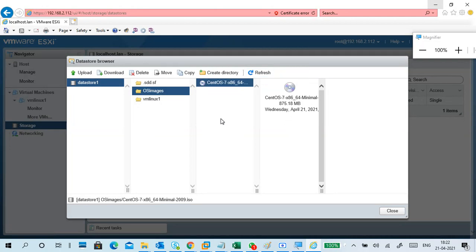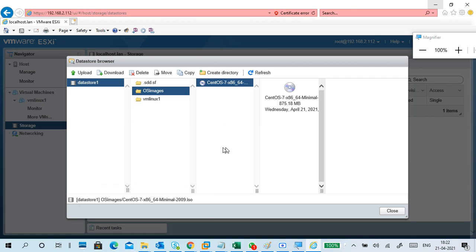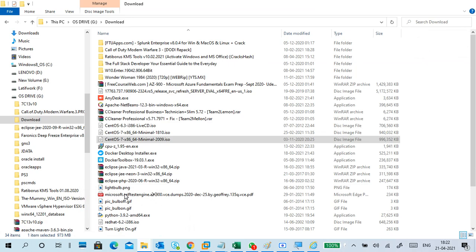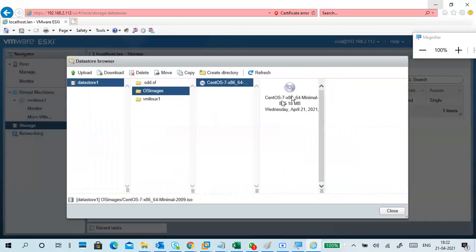You have to take a very small file for practice. Like this, this is a better option. We are about to close.